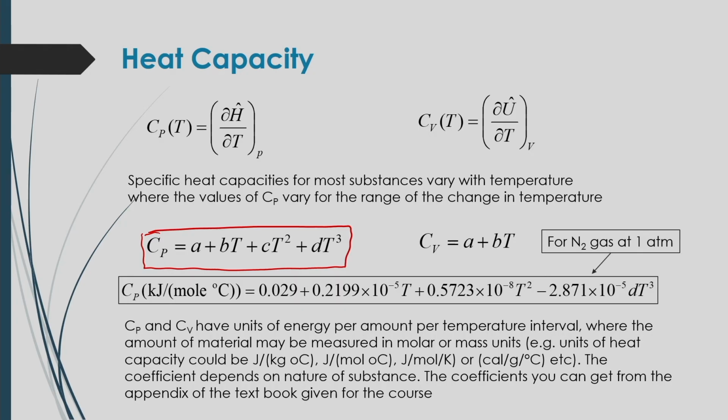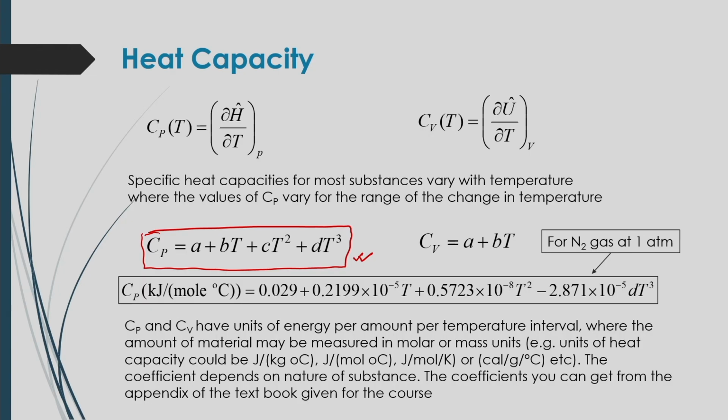there is a correlation to calculate the specific heat capacity at constant pressure and the specific heat capacity at constant volume. Since it is temperature dependent, for the specific heat capacity at constant pressure it will be non-linear. It generally follows a polynomial equation of temperature, and it is expressed as Cp equals A plus BT plus CT square plus DT cube. Here T is the absolute temperature, or you can say in Kelvin, and A, B, C and D are